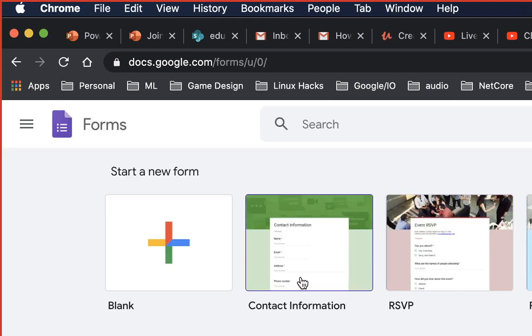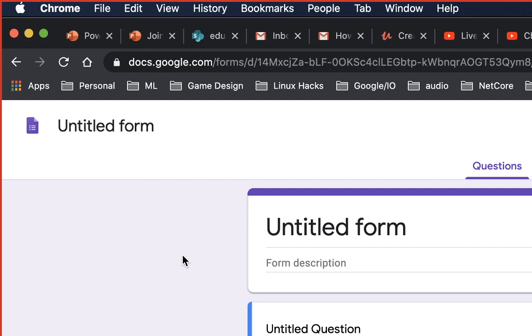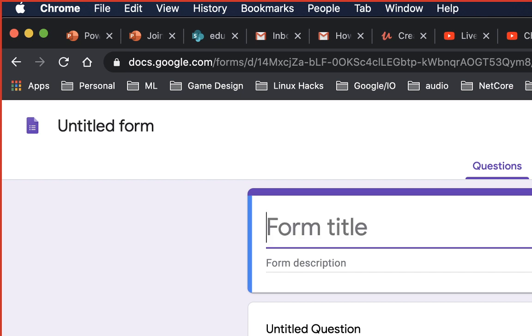So you can create contact information if you want to get contact information, event registration, t-shirt sign up, anything like that. What I'll be doing is basically creating a blank form. Start with the blank. I need to give it a name, right? So my form will have a name which is going to be, let's say